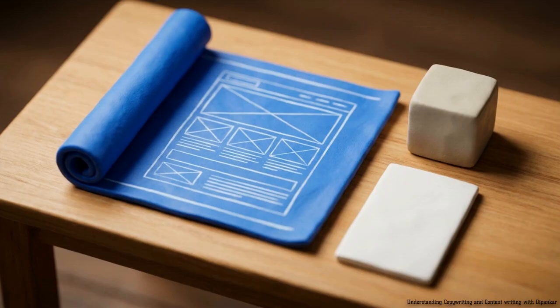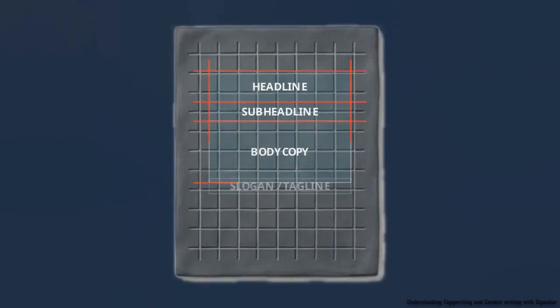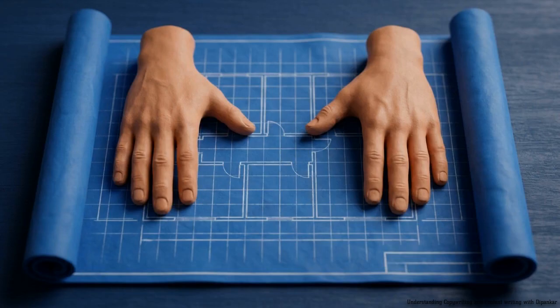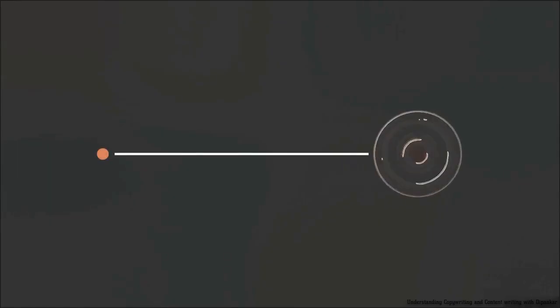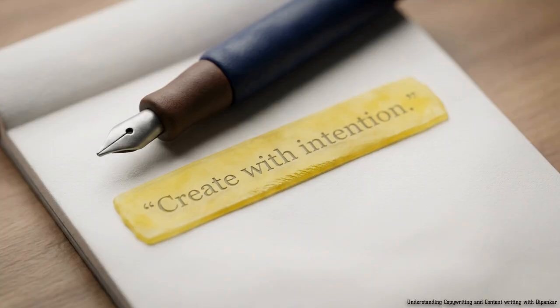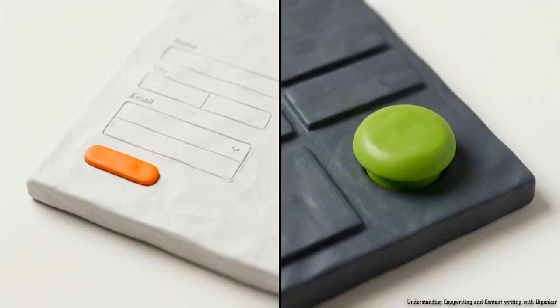Today, we're going to build a high-converting 6-layer advertisement from the ground up, using nothing but a product and a blank page. We follow this specific blueprint because it provides a reliable methodology to transform a distracted scroller into an active buyer. Step 1 of that blueprint is defining your objective. Before you write a single word, you need to know exactly what result this ad must produce. Your goal should be so specific that you can state it in one simple sentence, like get the user to claim a free audit, or purchase a discounted web hosting plan.